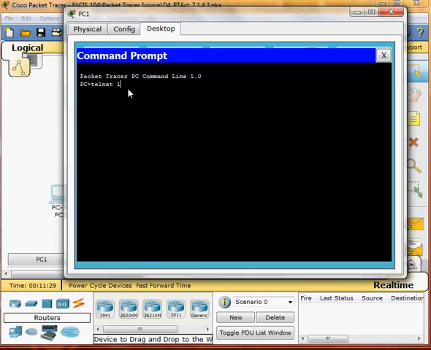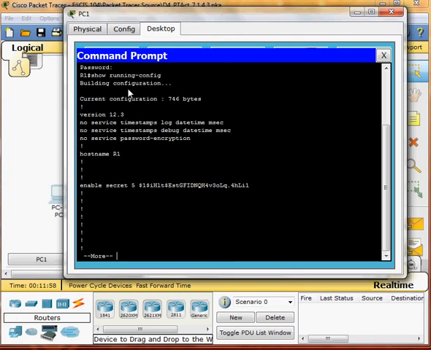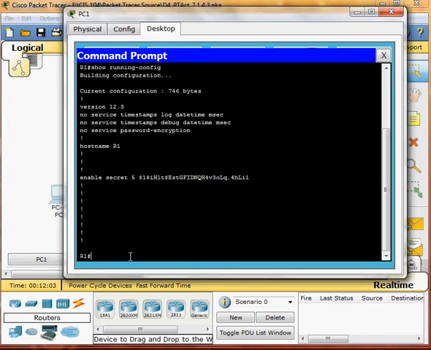The password would be so, and have to type the show running config. Good. So this is the command here.